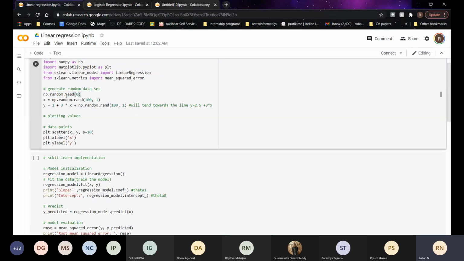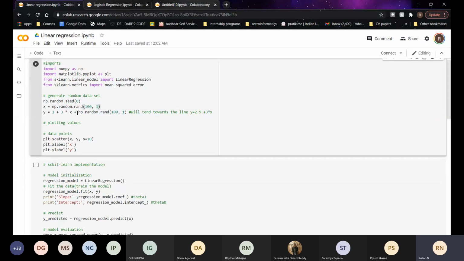So what I have done here is, in this line I have just generated a NumPy array of dimensions 100 cross 1. 100 cross 1 is nothing but 100 rows and one column, so it's a linear array of 100 elements. And y is nothing but we multiply 3 into x.